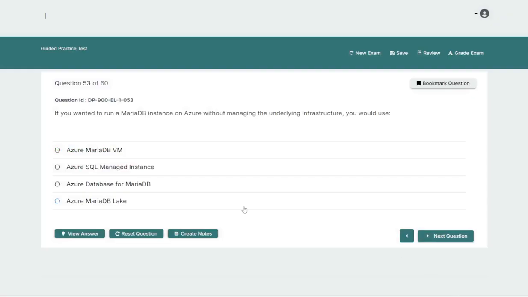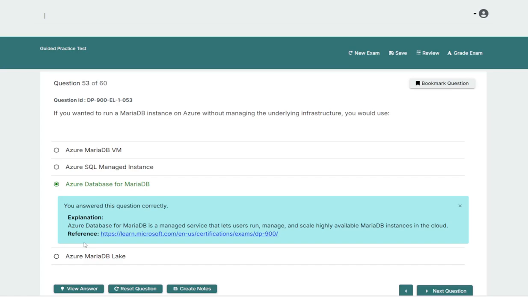If you wanted to run a MariaDB instance, this is question 53. On Azure without managing the underlying infrastructure, what would you use to run a MariaDB instance? Azure MariaDB VM, Azure SQL Managed Instance, Azure Database for MariaDB, or Azure MariaDB Lake? So the answer to this is Azure Database for MariaDB. Azure Database for MariaDB is a managed service that lets users run, manage, and scale highly available MariaDB instances in